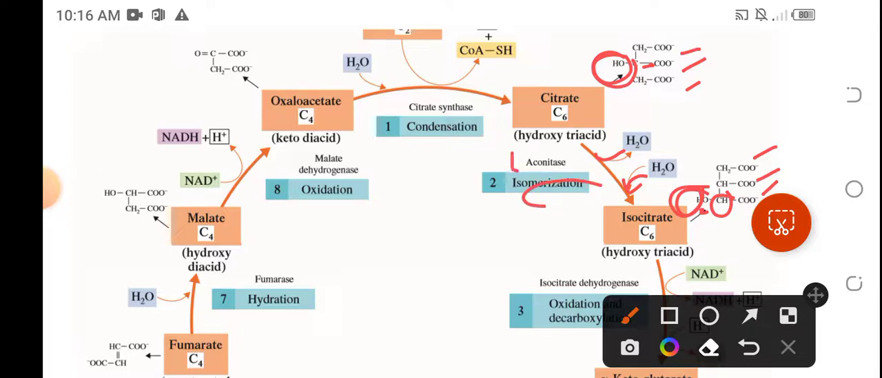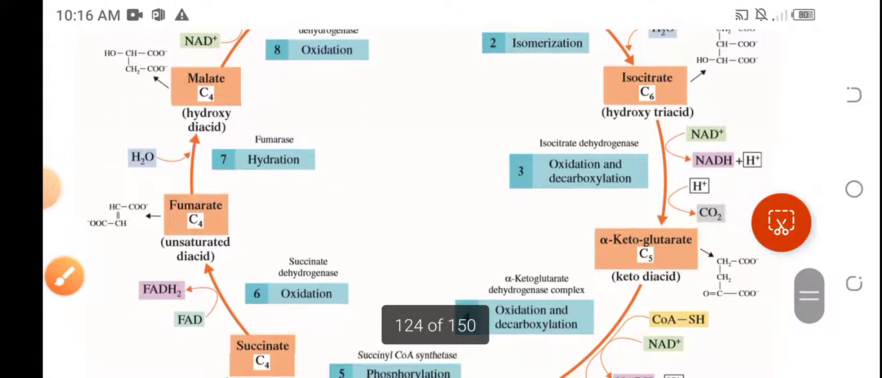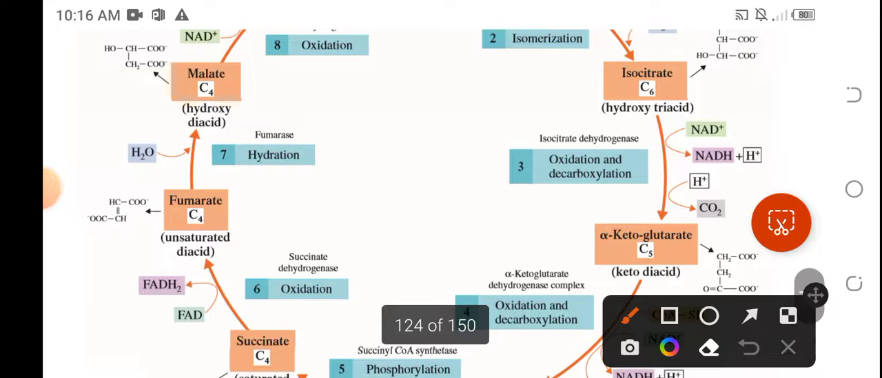So again, the enzyme used here is the aconitase. So pagbibilangin natin yung carbon atom natin for the second reaction, 6 pa rin, na-retain pa rin natin yung 6 carbon atom molecules ng mga intermediates. Okay? Now, for the third reaction, which is the oxidation